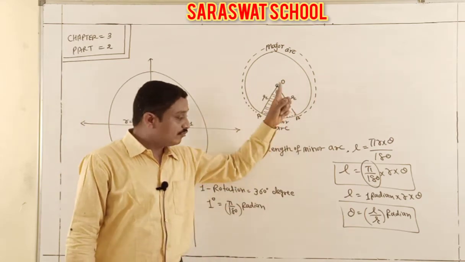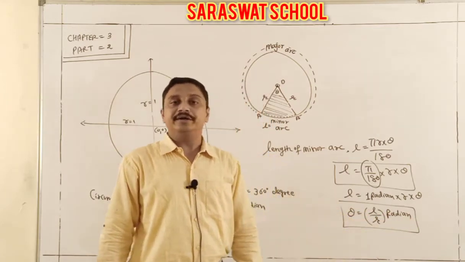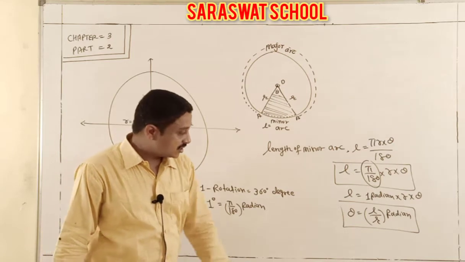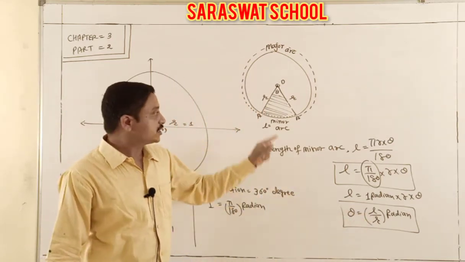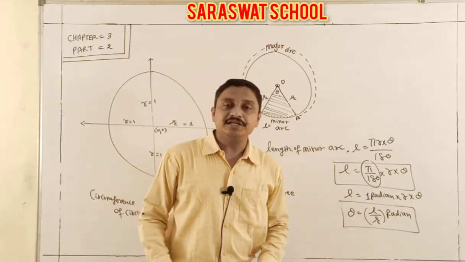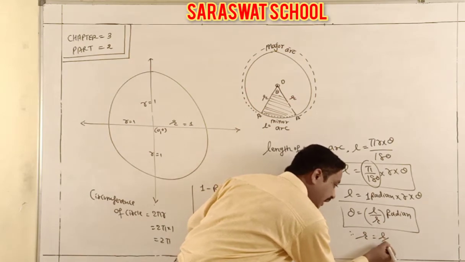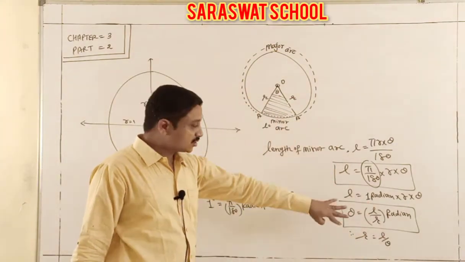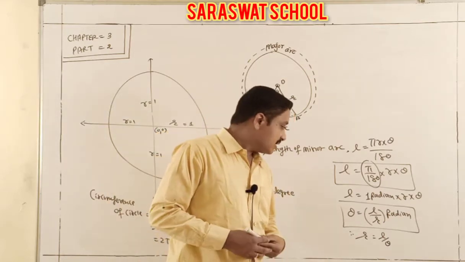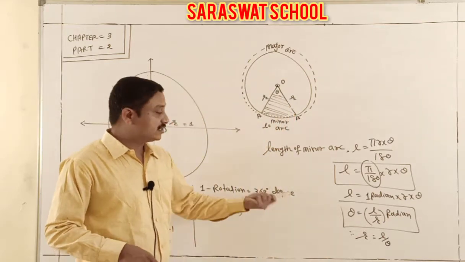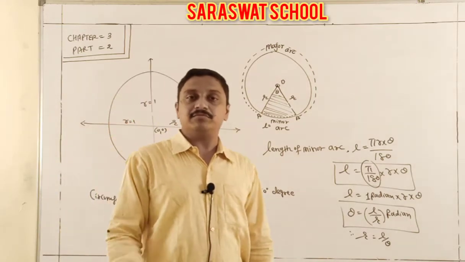Students, here theta is always taken in radian measure, not in degree measure, because this l and r value is also given in radian form. So that's why the property is theta equal to l by r. Sometimes we use r equal to l upon theta also, just by cross multiplying. Now we use r equal to l by theta, or theta equal to l by r. Our next is illustration number 3.